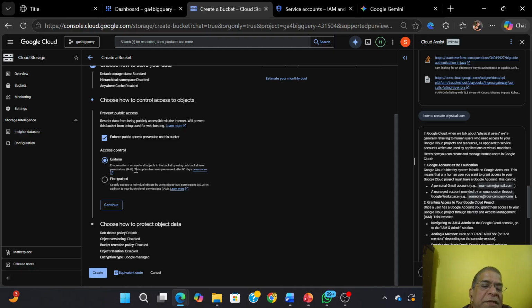Then access control. Uniform ensures uniform access to all objects in the bucket by using only bucket level permission. If you have the bucket level permission, that means I'm creating this bucket. Who all can